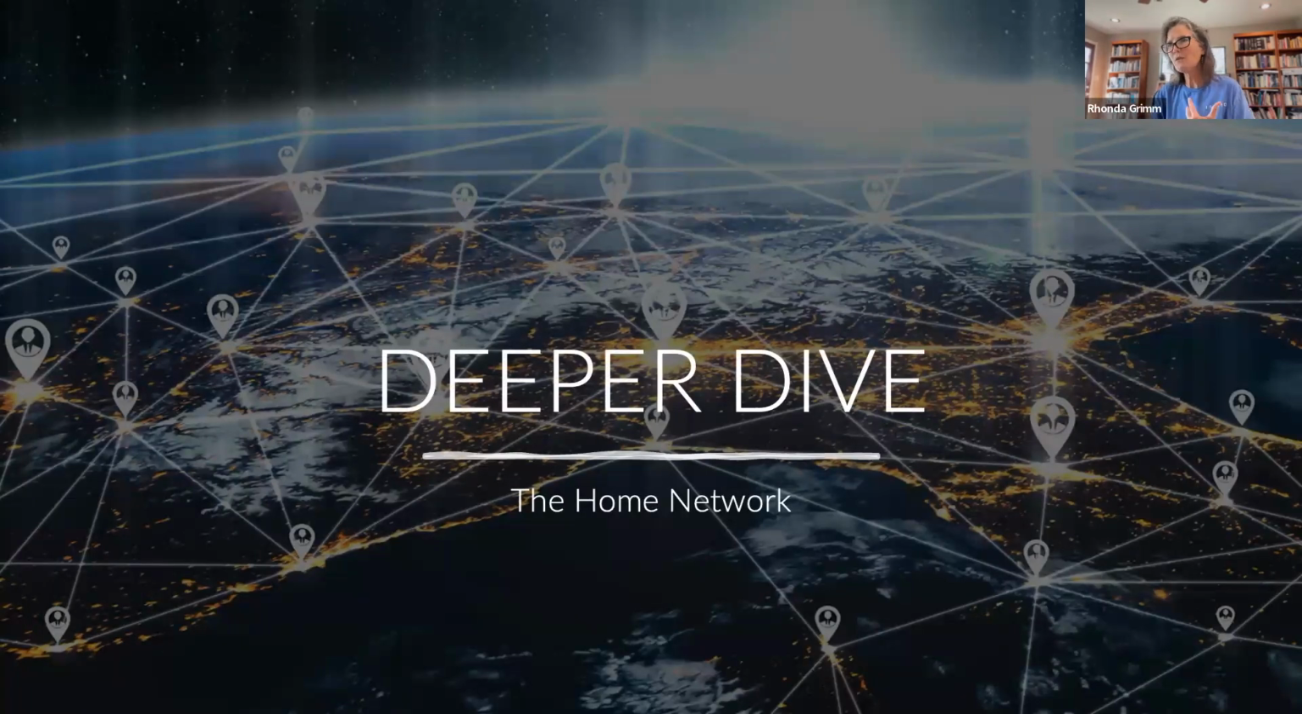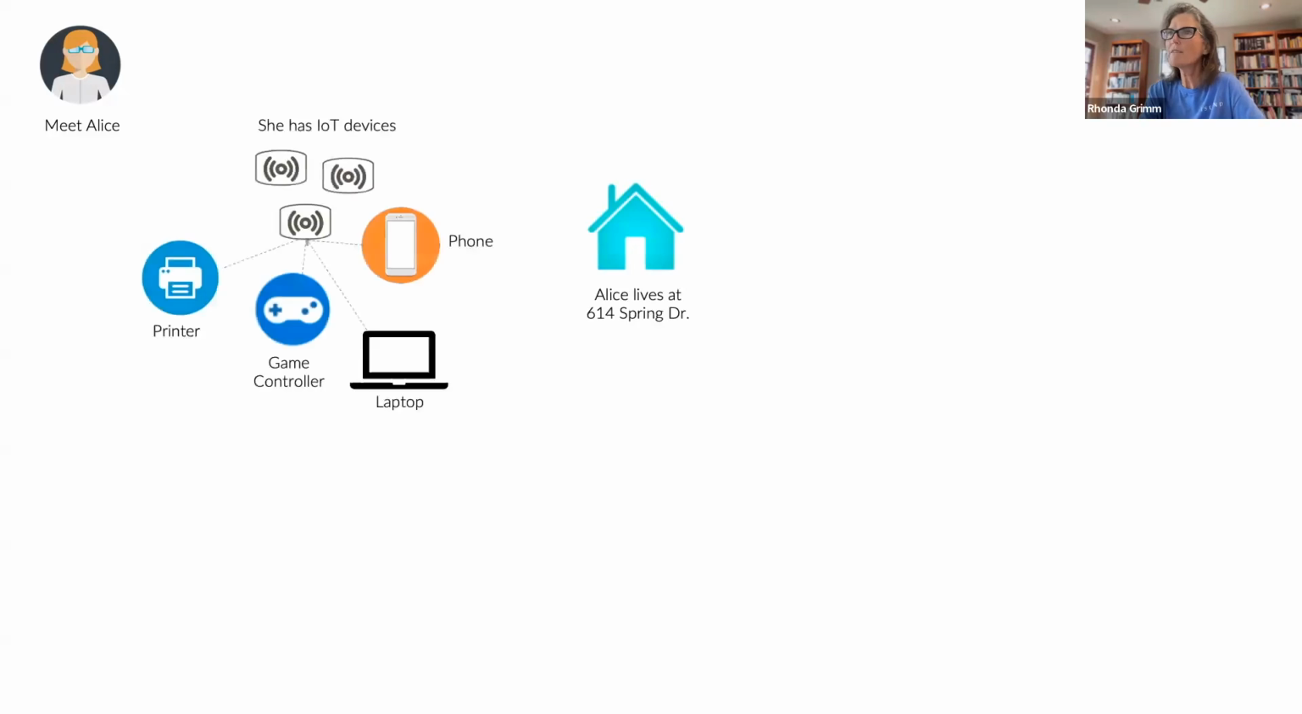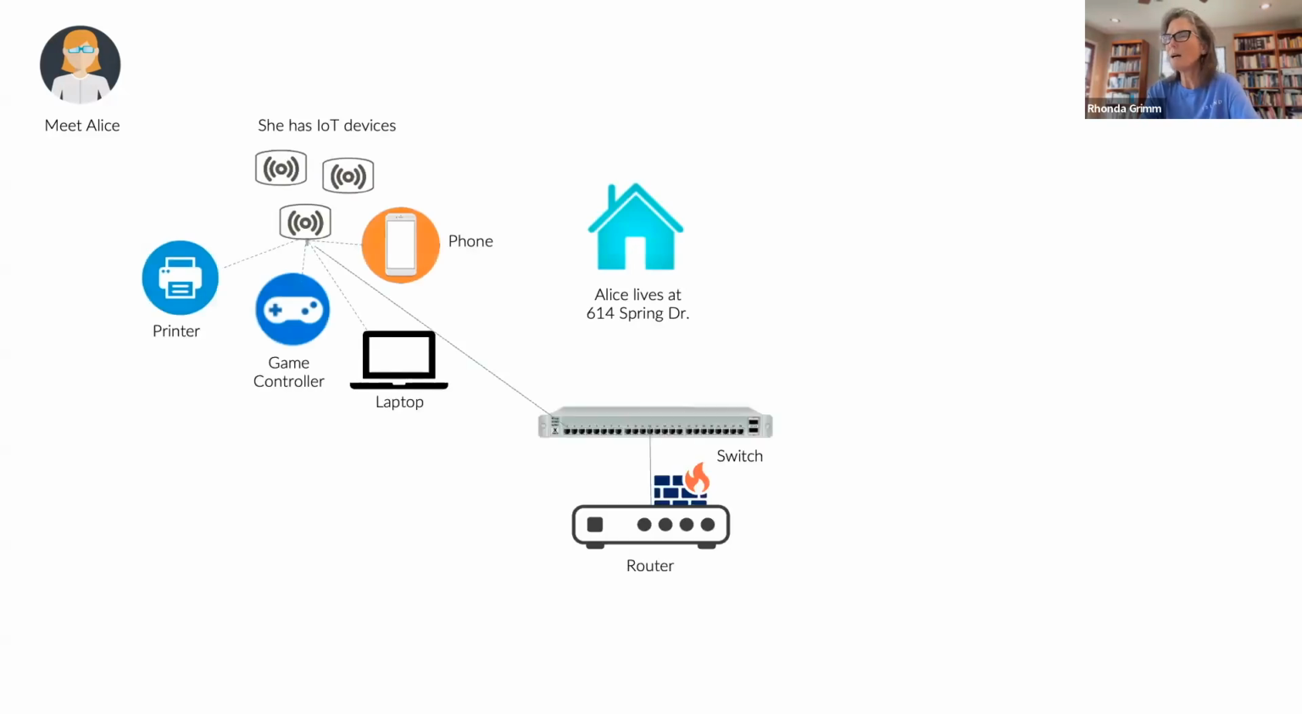So what we'll start right now then is, what does that look like in the stuff you guys do every day? How does that affect the home network? So let's talk to Alice again. Alice lives at 614 Spring Drive. She's got a bunch of IoT devices. She's got her laptop and her